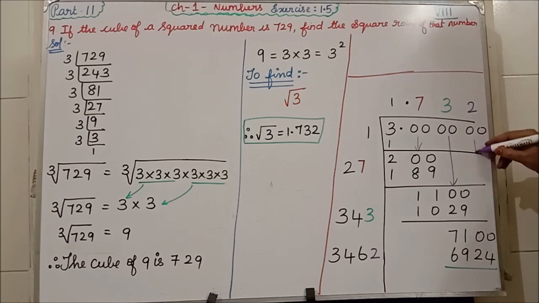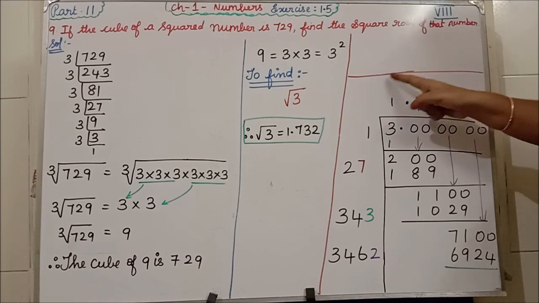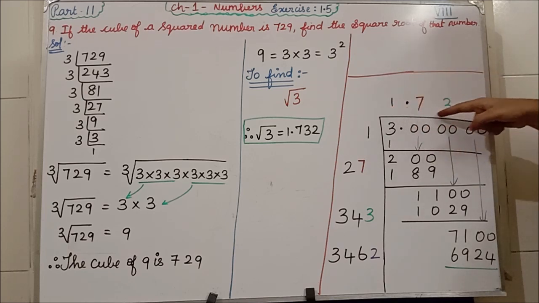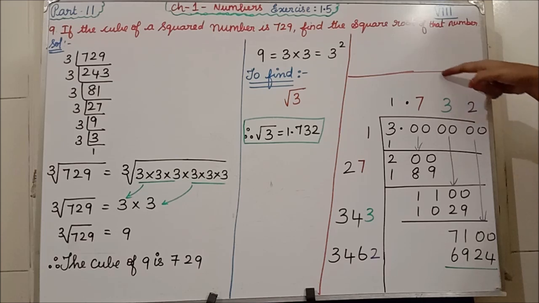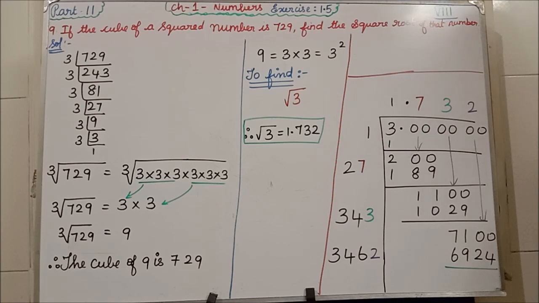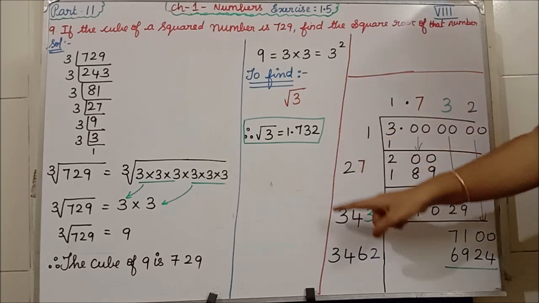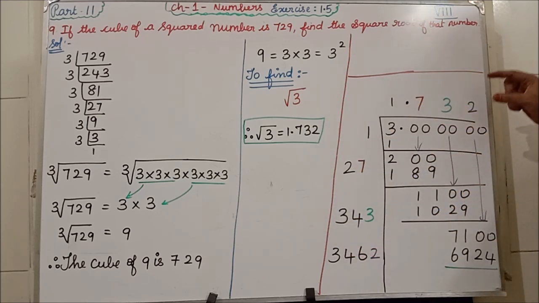In the next step, I am bringing the double zero down. Now, so far we are having 1.73. You should not take it as 1.73, you have to consider it as 173. This 173 you have to multiply with 2. If you multiply with 2, we will get 346. Clear? Then after this step, what number are you writing? The same number here also you have to write.